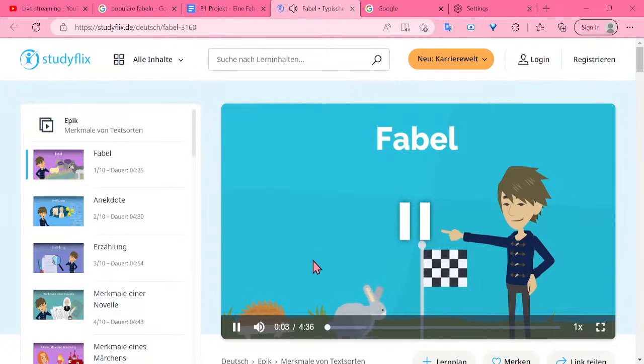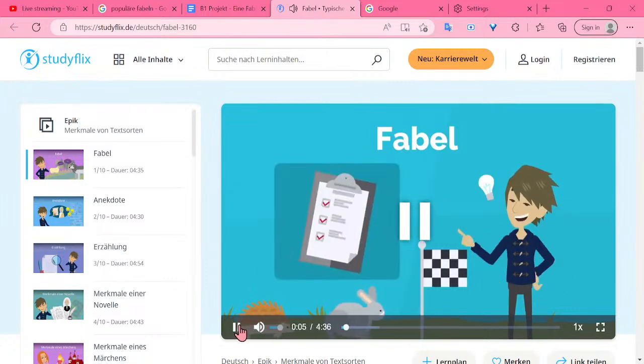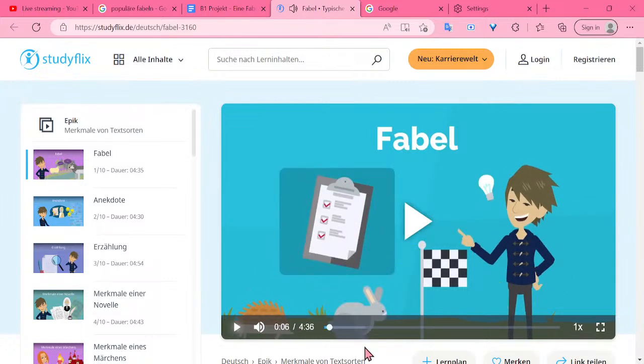What is a fable? You all know the story. There's a hare, actually, not a rabbit, a hare, and there's a turtle, the tortoise actually, and they have a race, and the hare, of course, is a very quick animal, and it's super proud of itself, and it thinks, oh, I'm super quick, I can just rest, I don't have to keep running. And the tortoise, even though it's slow, slow and steady, wins the race, right? That's where we have it from. So that's essentially what it is.